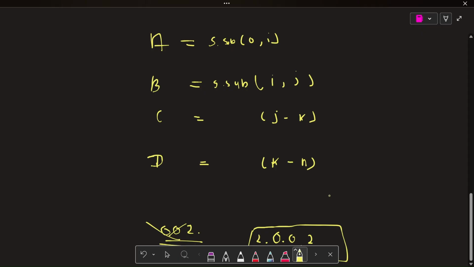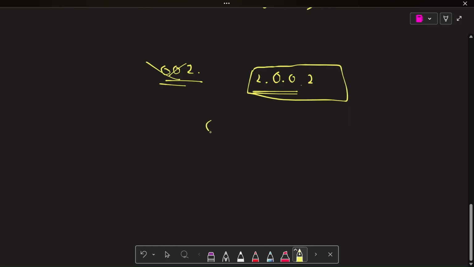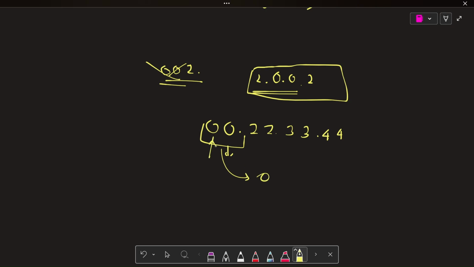Because if this kind of partition comes, with a leading zero, its first position is 0 and its length is greater than 1, so it's not a valid partition and we return false.